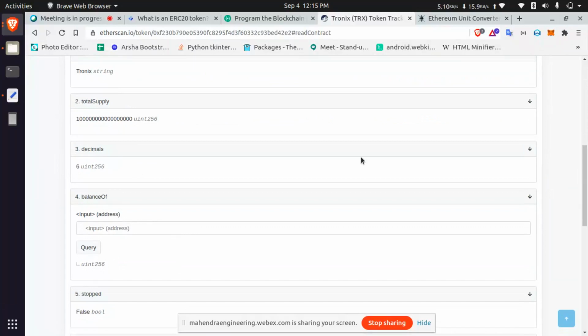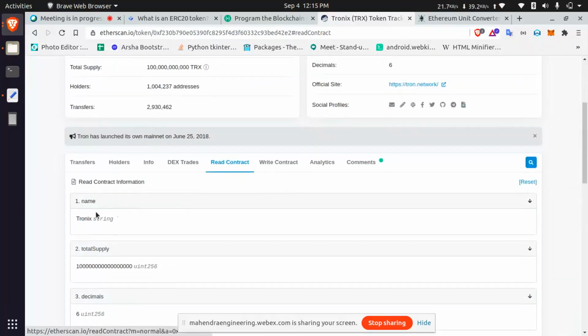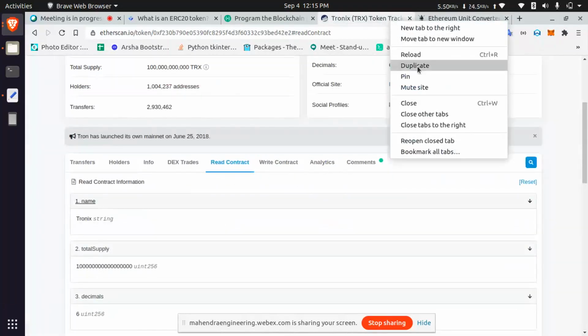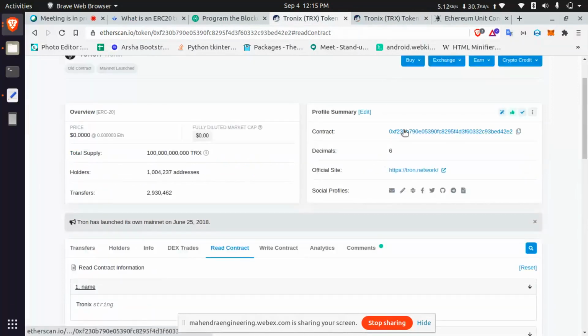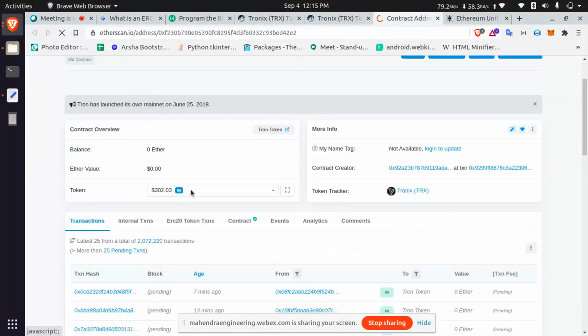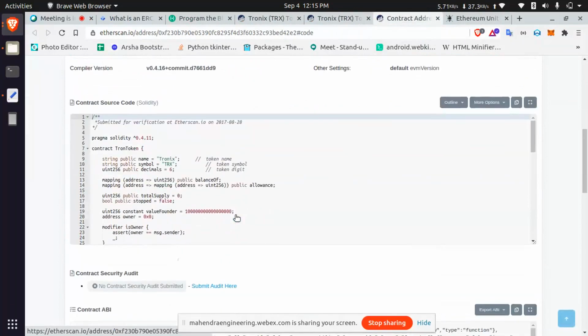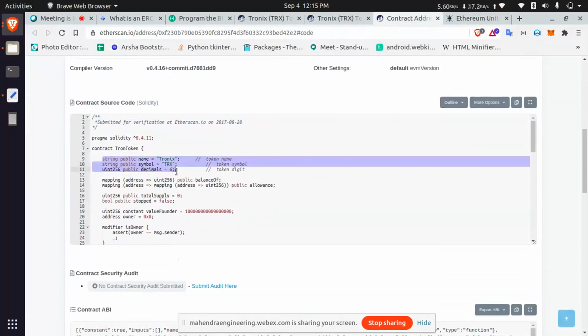Balance of, if you have any, I will explain later. Name, total supply, decimals. If you want to see the contract, just click the contract address. It will open the contract, and inside the contract you can see that specification.